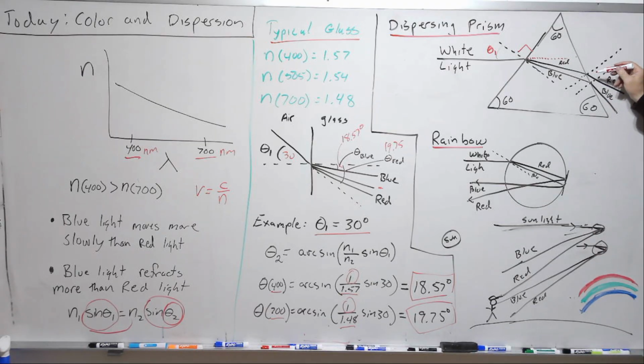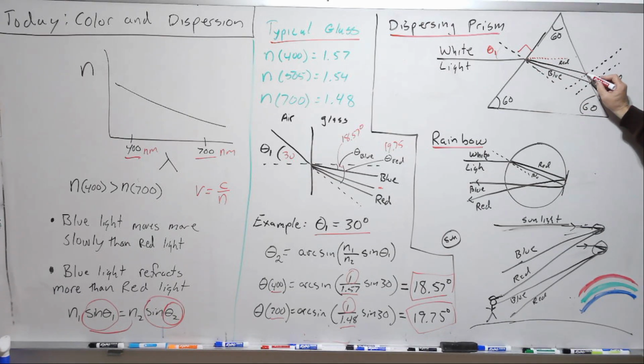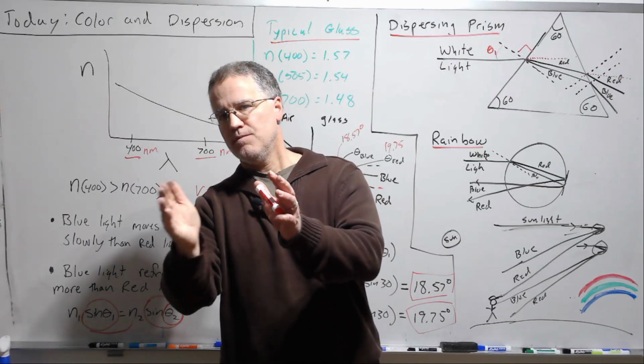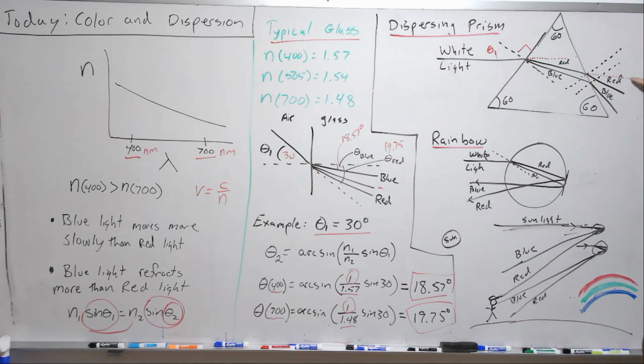Now let's hit the other side, and this is the cleverness of this design, that the normals are now facing this way. And so let's just track the path of the red. Now the red is coming in here. Here's the normal. This would be if there was no refraction. But now what are we doing? We're going from glass to the air, so we're going to move away from that normal. So if there was no difference in index of refraction, then we have to move down. And so our red light comes out,